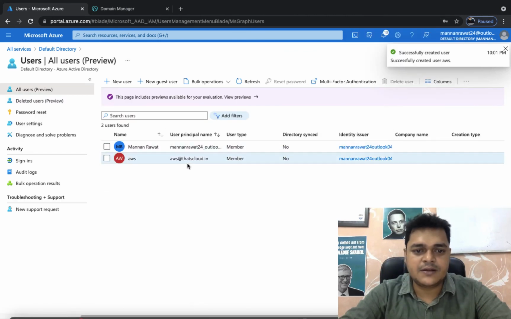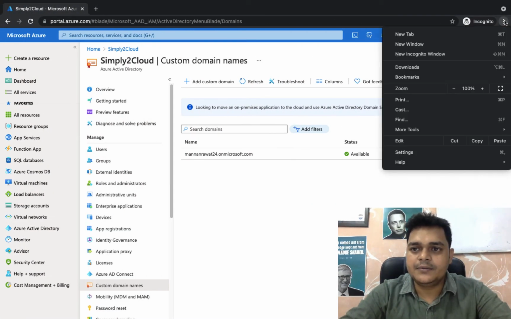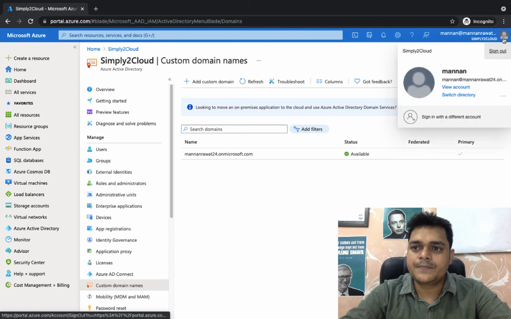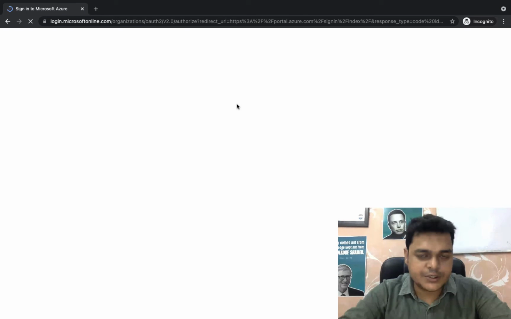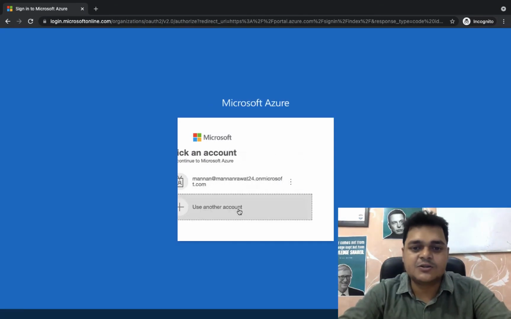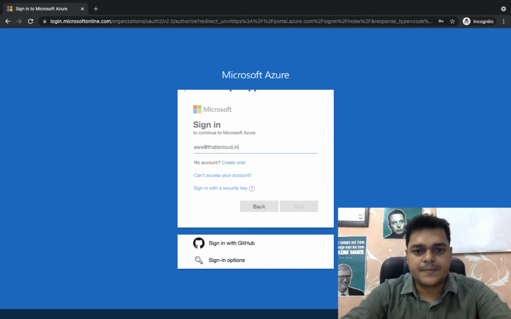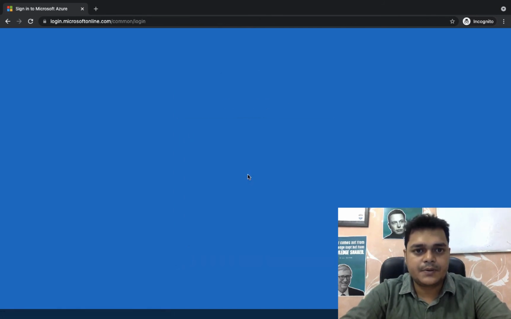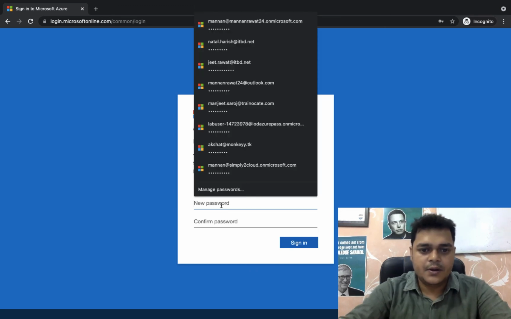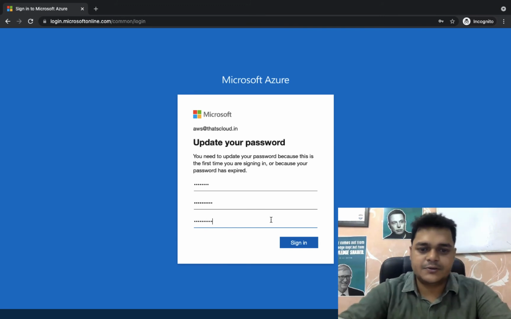Now we successfully created one user with the name AWS at thatscloud.in. Log out of the incognito window and try to log in with the new user that you created, because you must change the password on first login. AWS at thatscloud.in. Paste the password that you copied, and type the new password.